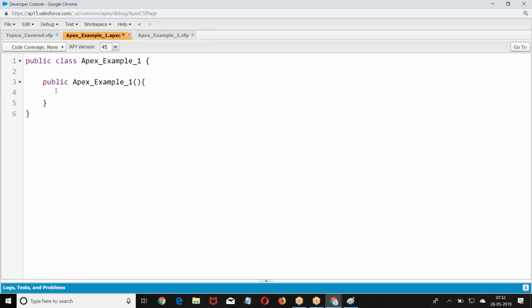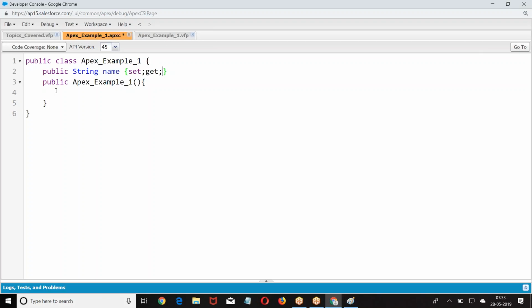Now I want to refer to a variable in the Visualforce page. Then the variable should have set; get. What is set? Whatever data we are entering in the VF page, take the data, store it to the variable. In the VF page, if you are entering any data, take the data and save it in the variable. When you say get, whenever I am referring to the variable in the VF page, get the data from the Apex class and display it in the VF page.